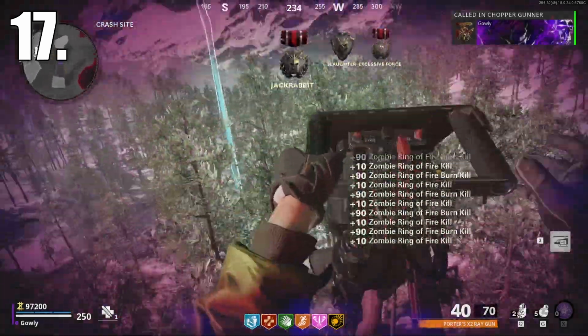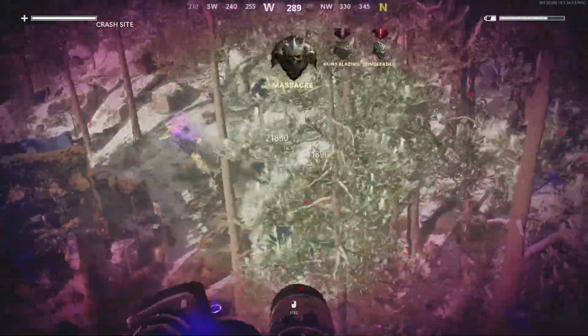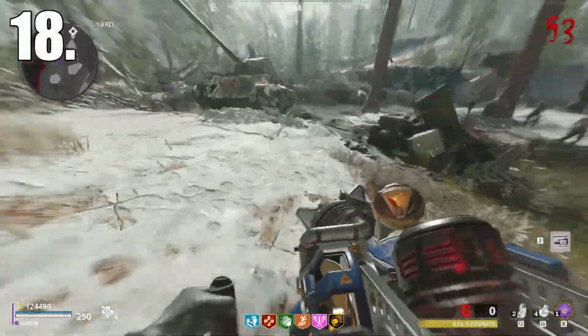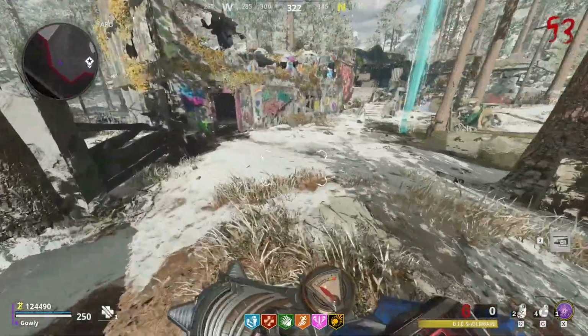Number 17. Chopper Gunner can be used as a get-out-of-jail-free card and make all enemies instantly stop targeting you when used. Number 18. The field upgrade Ring of Fire deals 5 times damage when upgraded to the respective tier and